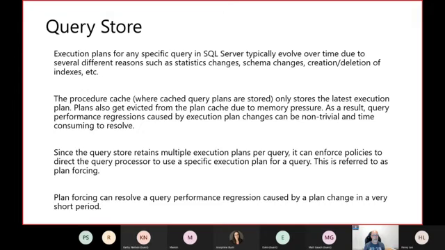This is huge, right? Because again, we won't have that problem with the variation in the execution plan, the duration, etc., because we will manually set the plan to the one that we identify as better than the regression.